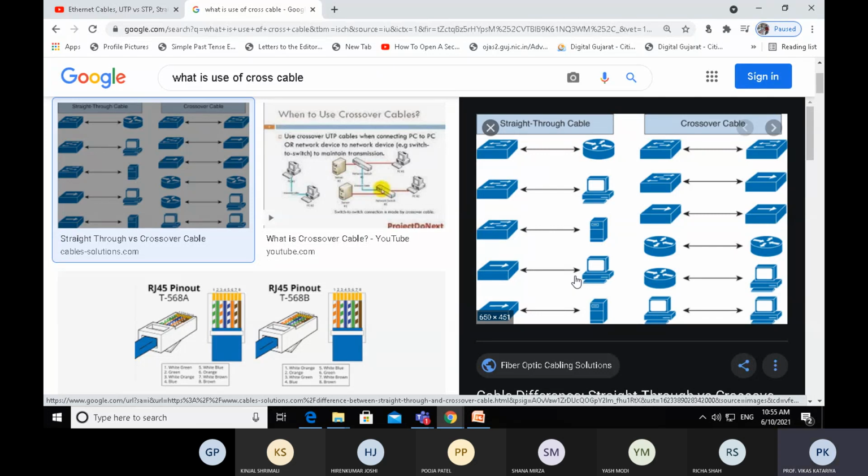So this is the basic purpose of a straight cable and cross cable. For the same devices, if you want to connect two of them, then you require a cross cable. And if you have different devices, like a connection between switch and router, router and machine, gateway and desktop, or server and switch, so if different types of machines are connected together in a centralized manner, you require a straight cable.